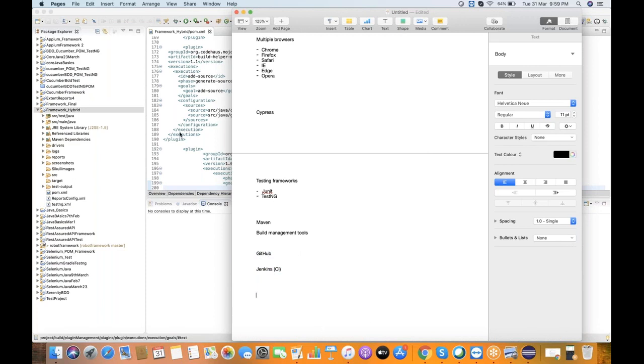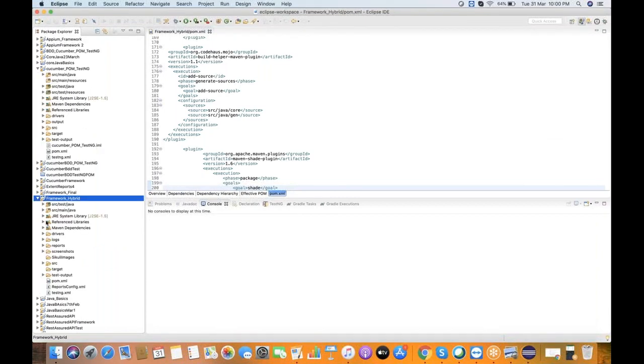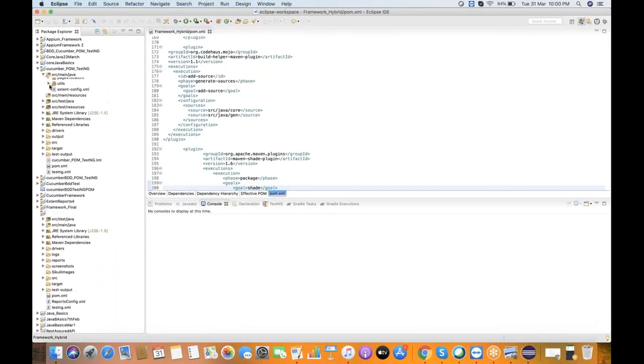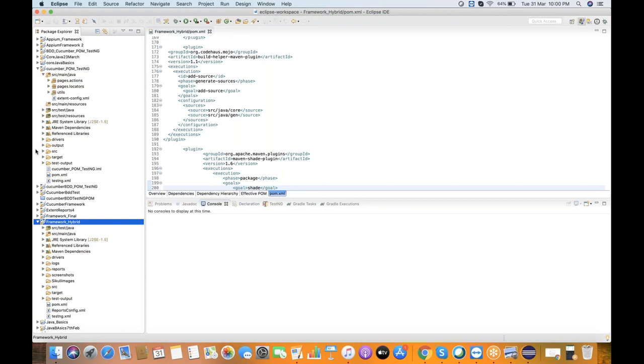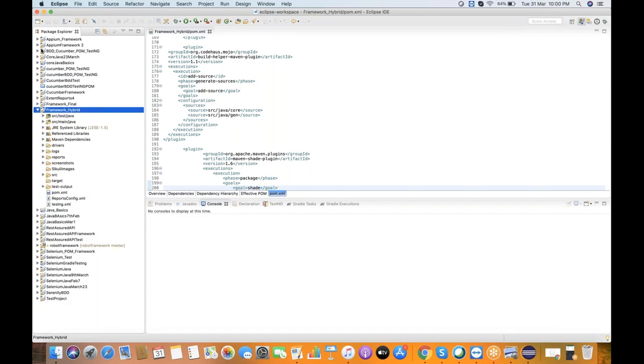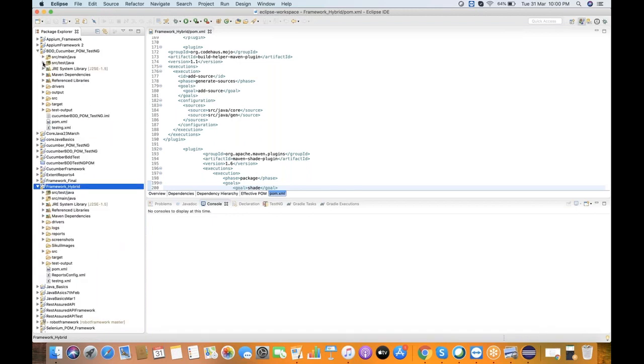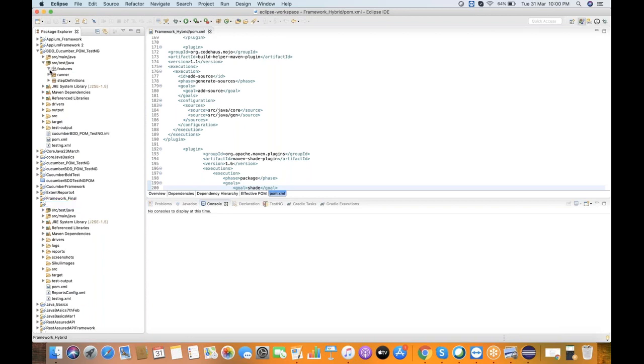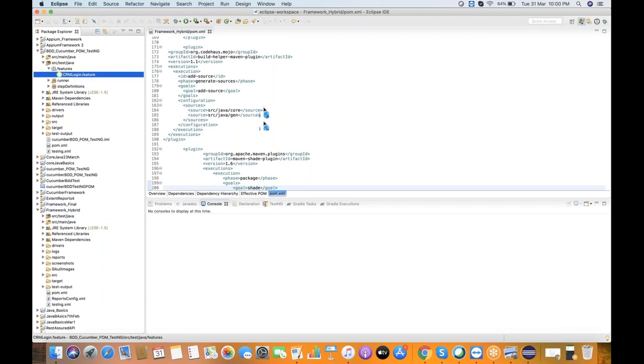But before that, we'll be seeing these frameworks as well. For example, this is the Cucumber framework, as I mentioned. I think I have deleted that one. Let me see. The feature file which I mentioned is this one.